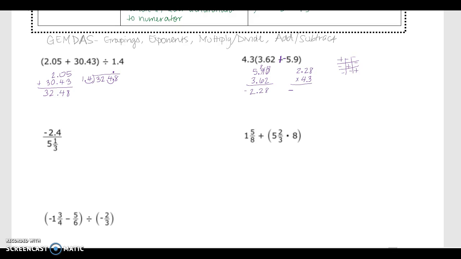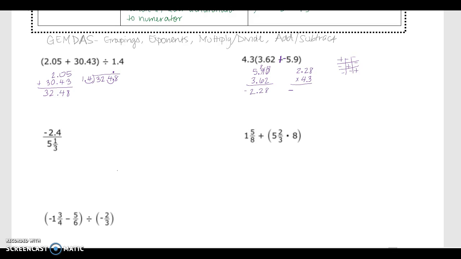All right, so this next one, I wanted to go ahead and help you out getting started with it because it has negative 2.4 divided by a fraction. Well, I know that 1/3 is 0.3 repeating, and I can't do anything with that. I don't want to change that to a decimal. So that means I need to work as a fraction. So I have